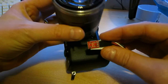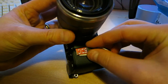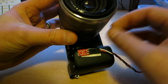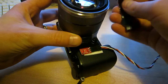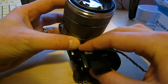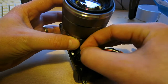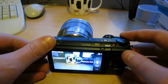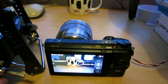And if you put that with a sticky pad or something on the front, like that, we sometimes find as well that you get a bit of interference from sunlight on these infrared transmitters. So I tend to also, this isn't very tight at the moment, but I tend to also just put a bit of black insulating tape around it, which then keeps out any other signals. So that can then be mounted on your gimbal, and we will see that again if we push this switch here,